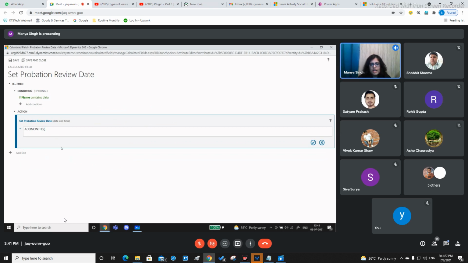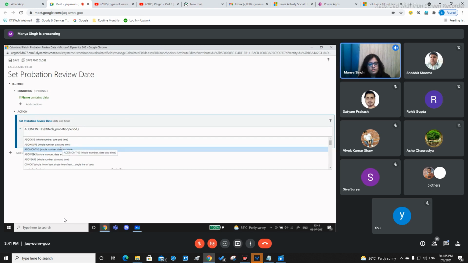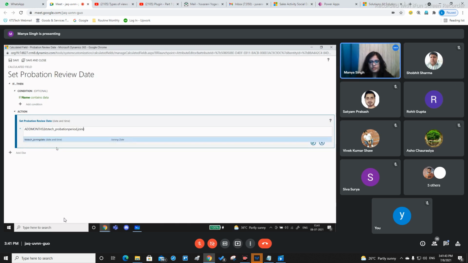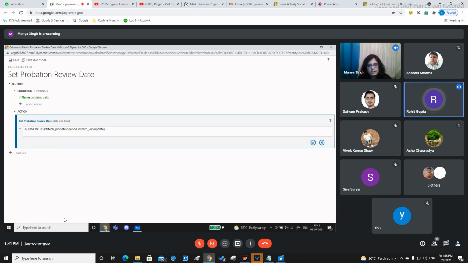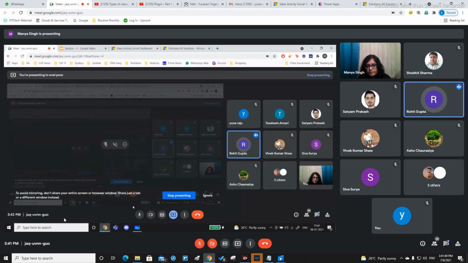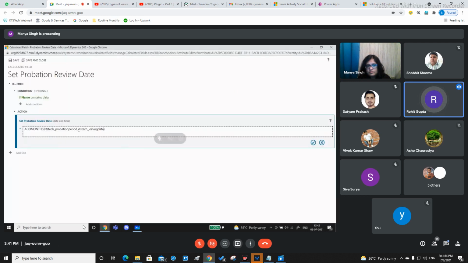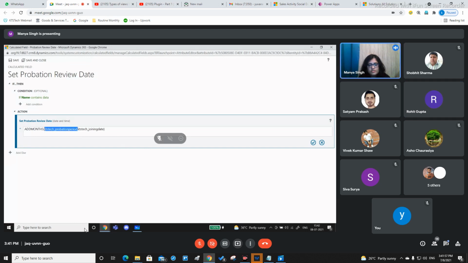Here we will be adding our probation date. As you can see, our probation period has already been added. The field which you created is already available as an option from the drop down menu. Mani asks if I can refer to the particular field again, since I haven't typed the whole field name. When you type a few words of that field, you will get a drop down menu related to that, and you can select it from there.